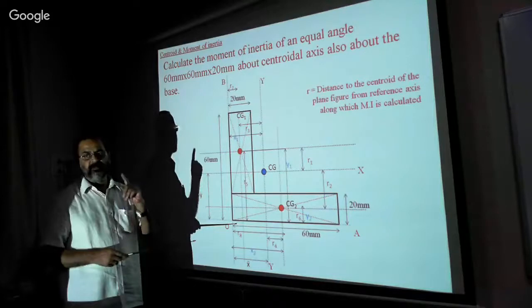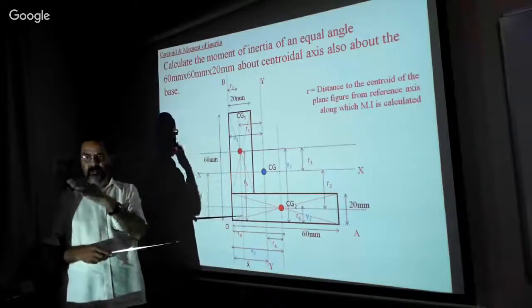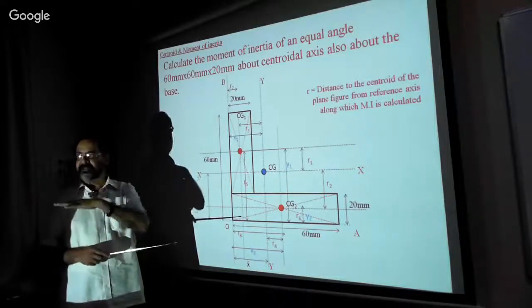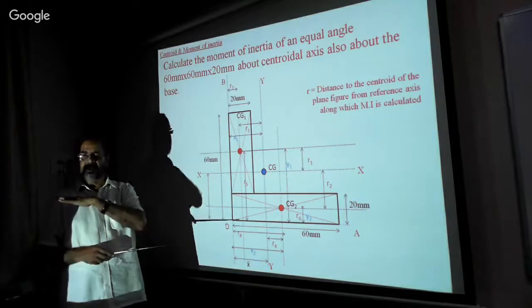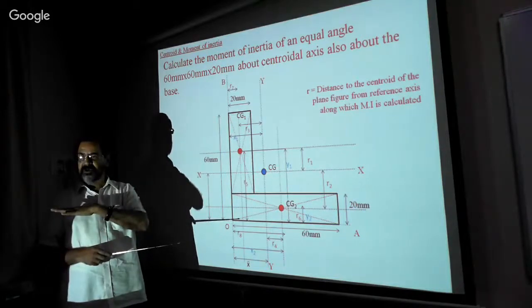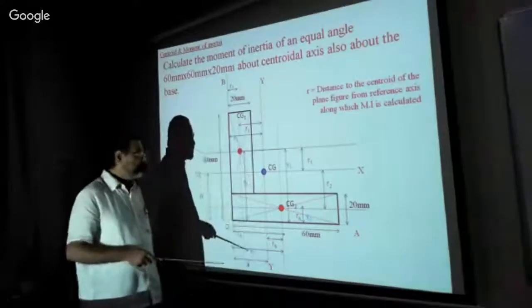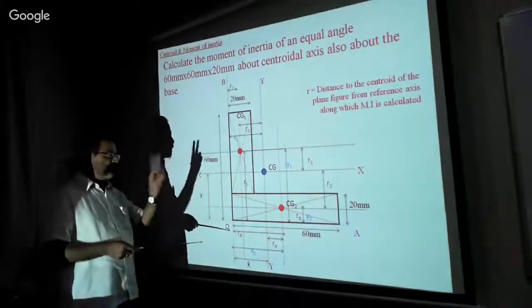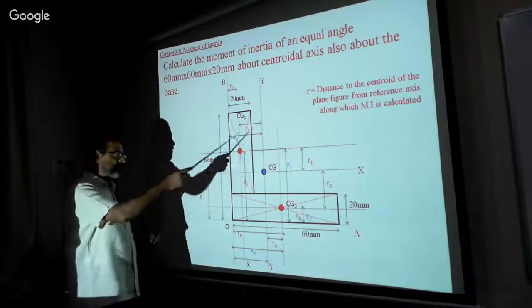And also we have the parallel axis theorem: the moment of inertia of the section about any reference axis parallel to the x or y axis is the moment of inertia about the centroidal x axis plus area times the square of the distance between the centroidal x axis and the reference axis. So we have those 2 theorems, and if you have understood these things